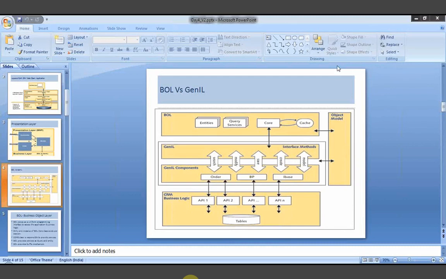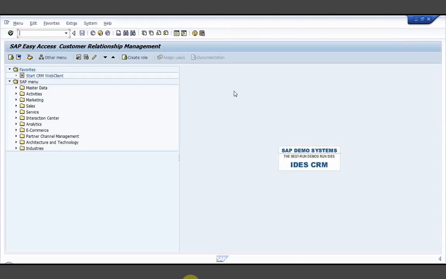Okay, just a minute. I need to open the SAP GUI for that. Yeah, there is a doubt about which component set is responsible for that. You can see my SAP screen, right?